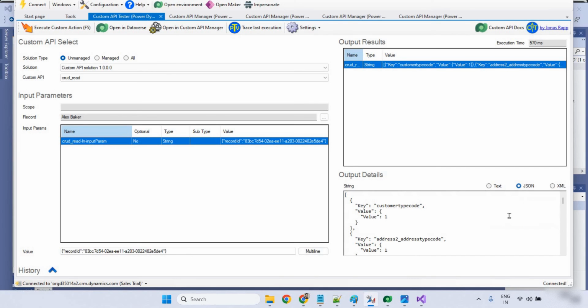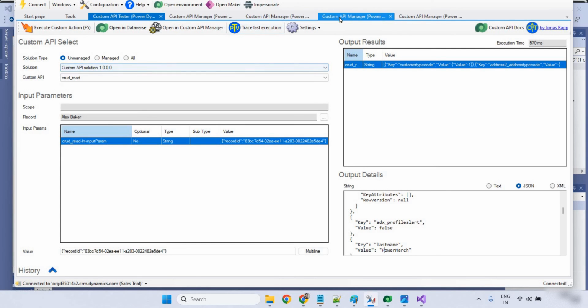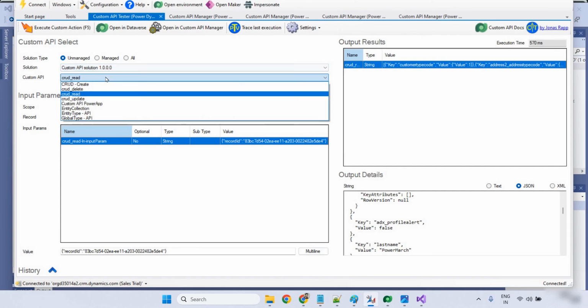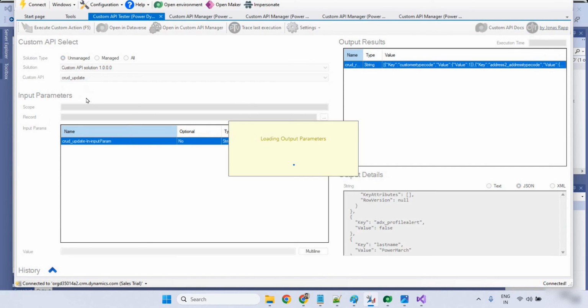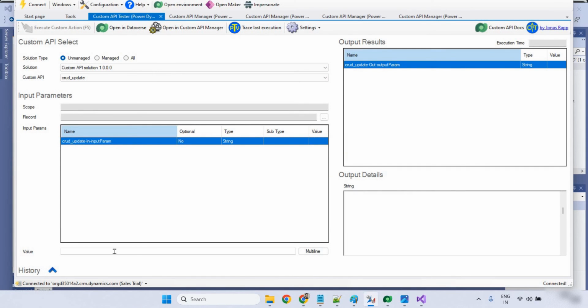We just need to see what the field name was. The field name was March something, right? So the last name is, you can see, Power March. Dynamics and Power March were there. Great. Now in the same way we are going to see the update. I want to update this. So let's come here, and I'm going to give the same value, right? First of all, come here,